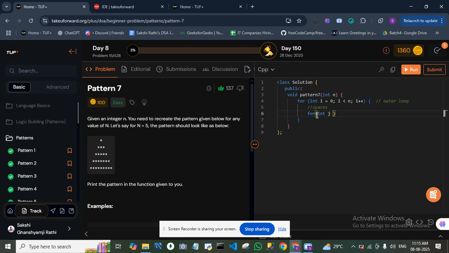So what I have to do is print the spaces, and as I mentioned, we will go straight from 0 to n minus i minus 1. So for instance, if i is 0, and n is 4, then it will go from